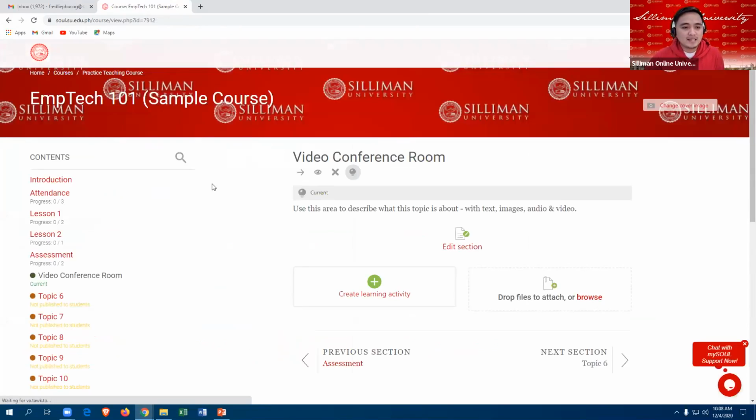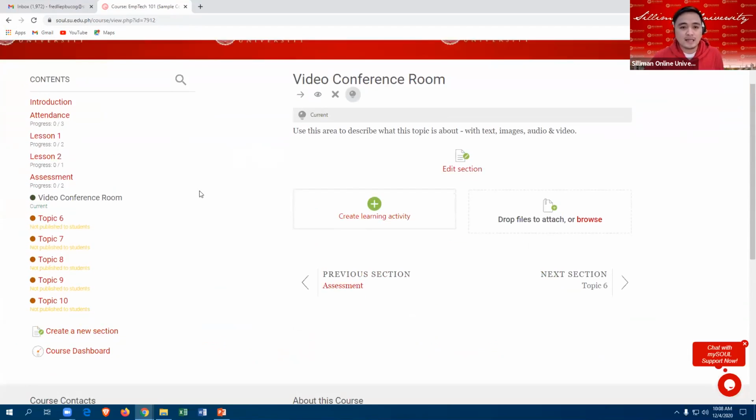So in this case, in my virtual classroom, I will make sure that I already have a video conferencing room section, where I will put my video conference tool, just like Big Blue Button, and then we have Google Meet.